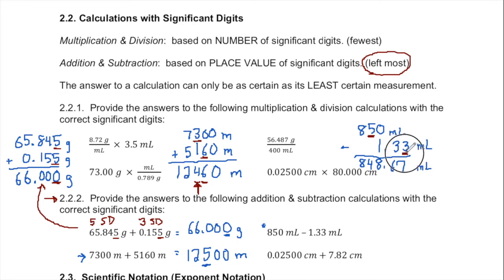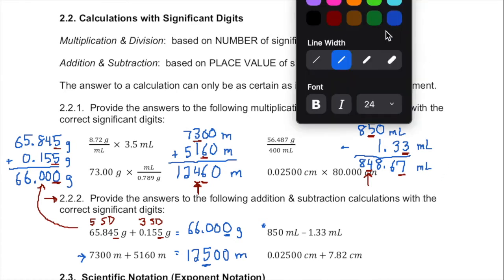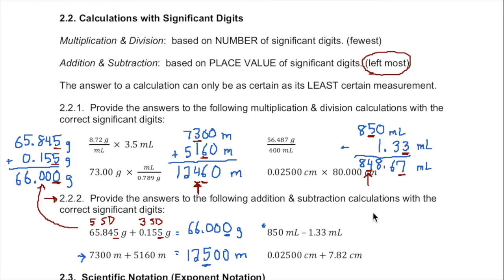This second measurement is known to past the decimal, the hundredths place, because it has three significant digits, and the last significant digit is this 3 at the end. So our answer has uncertainty both in the tens place and in the hundredths place. We have to choose the leftmost value here. If we don't know this value to plus or minus 10, there's no sense reporting these other digits. The 8 is large, so we are going to bump this 4 up to a 5 and report this as